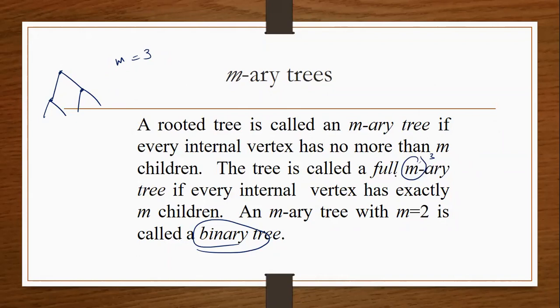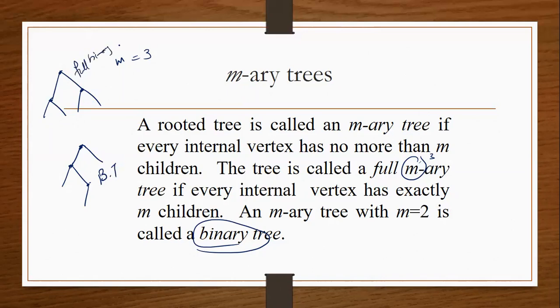The tree is called a full. Now, when do we call a binary tree a full binary tree? We have already studied that. Suppose I have a binary tree in this way. Now each node has minimum 0 children and maximum 2 children, it is called a binary tree. But if each node has exactly 2 children, then it is called a full binary tree.